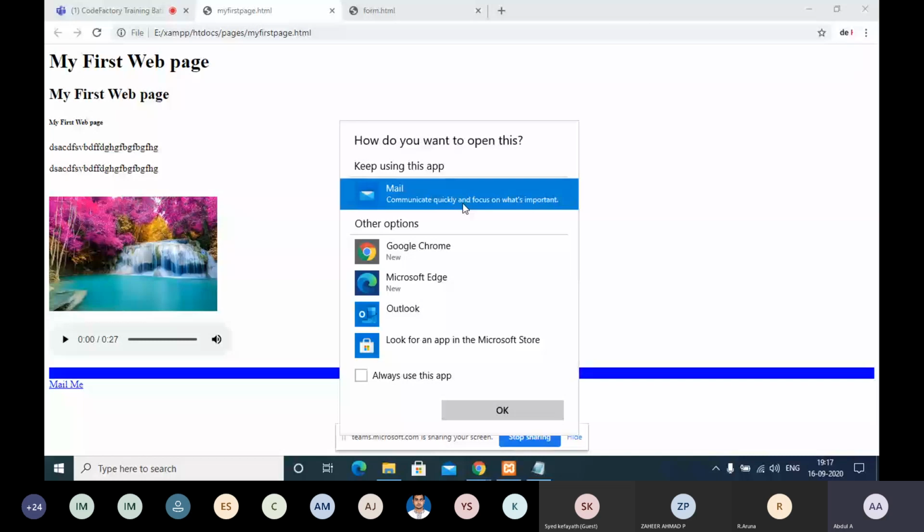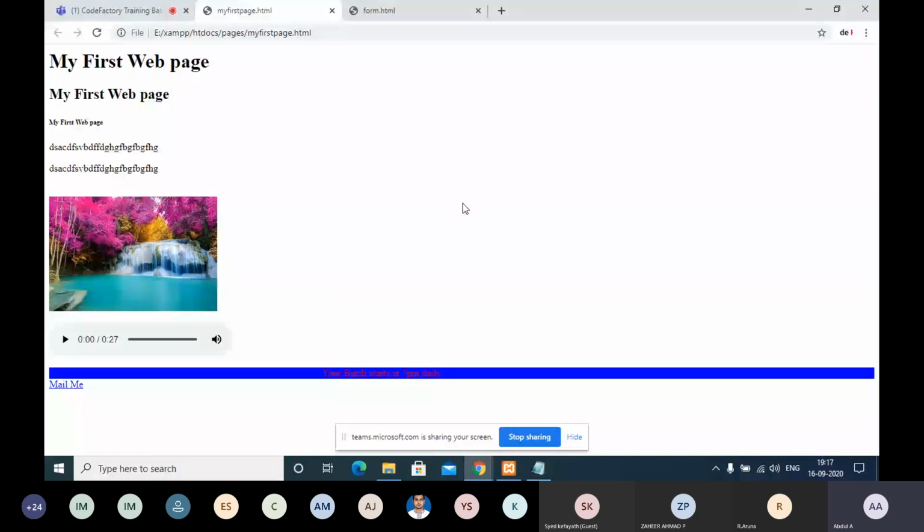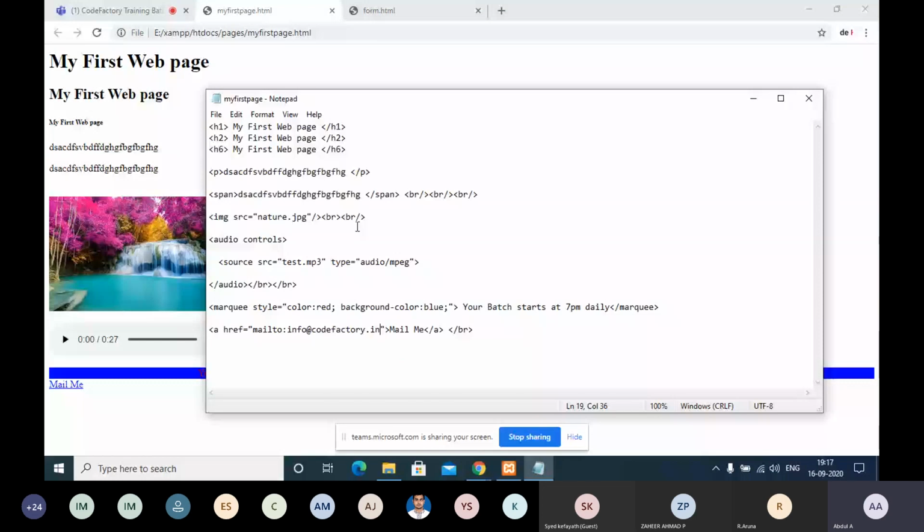Now we are going to see some other thing. For example, I put a hash to make the link empty. Actually the proper way to make it empty is void. We can give javascript colon void zero, or simply void zero, to make the link empty.